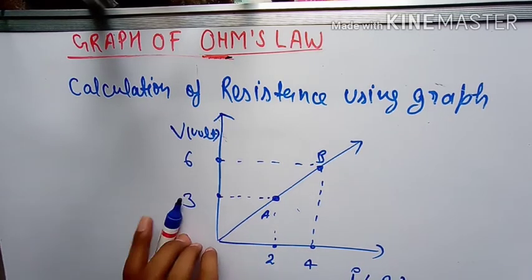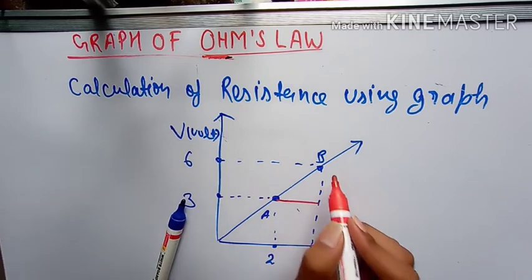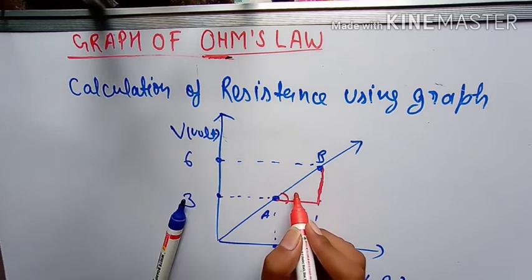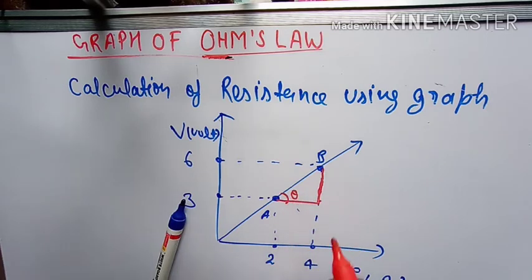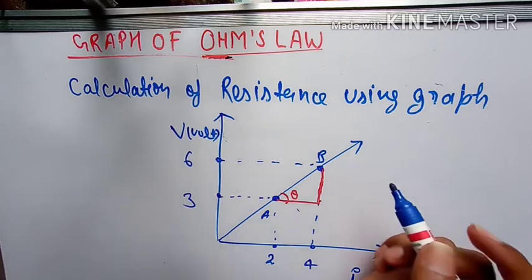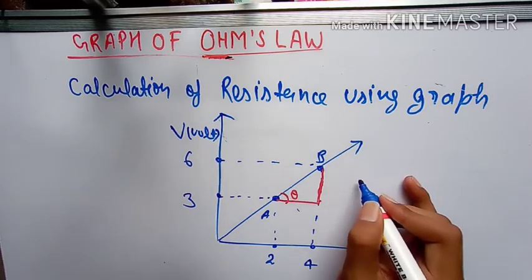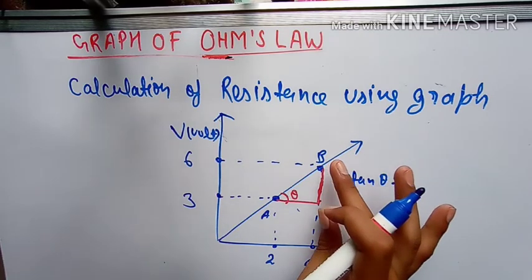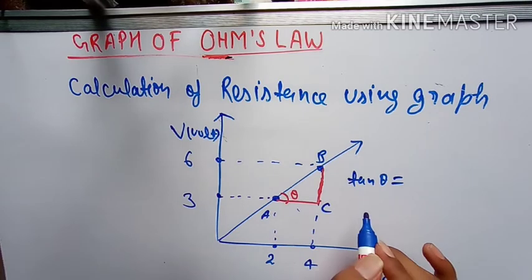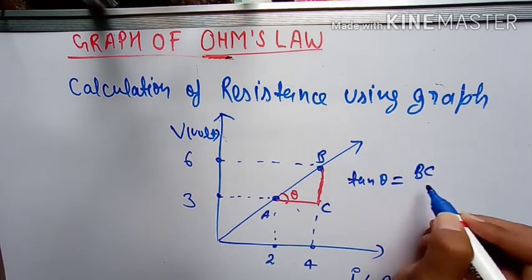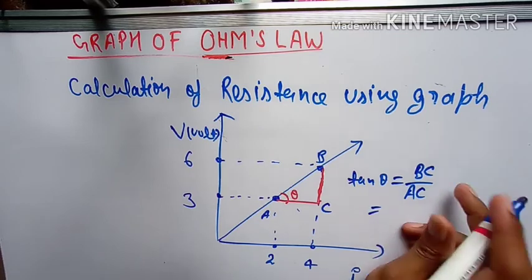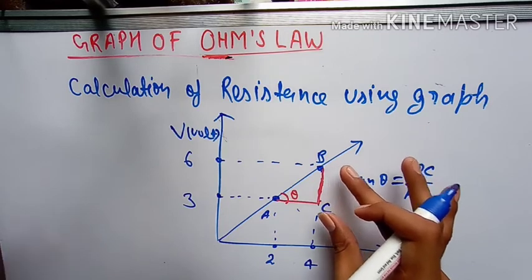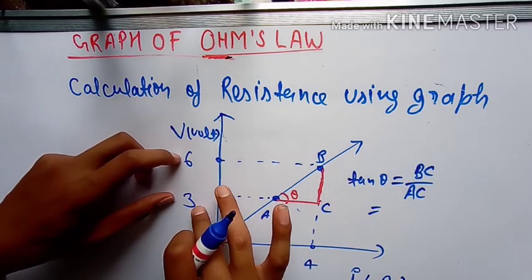As I told you, you need to join this line also and this line also, because this forms a right angle triangle, and this helps to apply trigonometric ratios. So for this purpose, let's write tan theta is equal to, you have to again put it as C, BC upon AC. So BC upon AC. For this purpose, what is the value of BC? For calculating the value of BC, you have to subtract 3 from 6. Is it so?